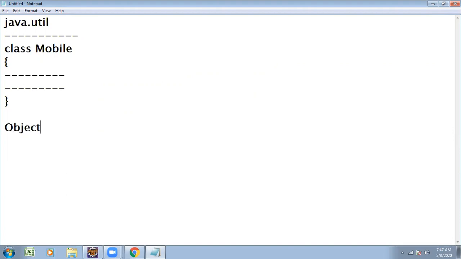Now we know very well about the object and how to create it: class name, object name is equal to new class name, for example Mobile m1 = new Mobile.